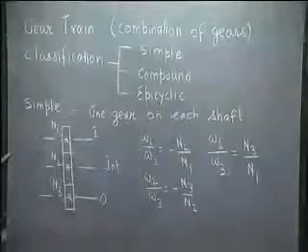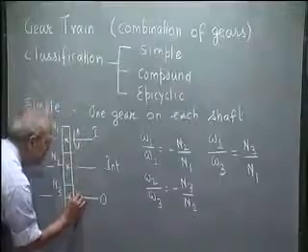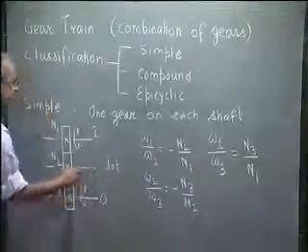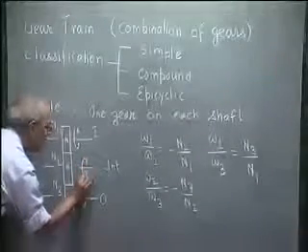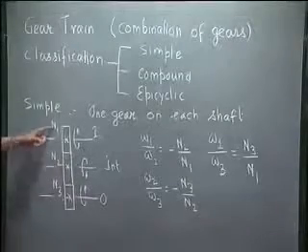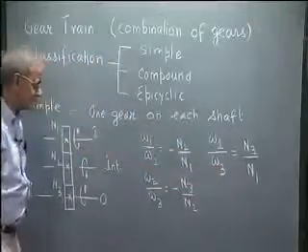So what we see, that the direction of rotation of this shaft is same as the direction of rotation of this shaft, and this shaft rotates in the other direction. And the input speed by output speed is N3 by N1,